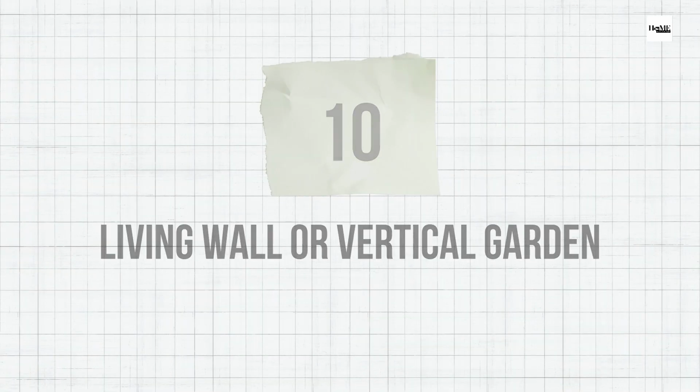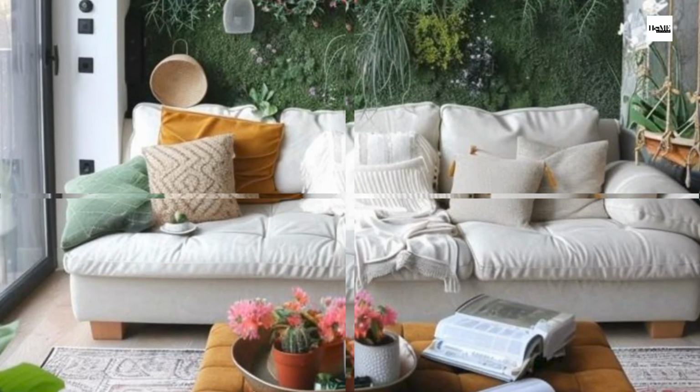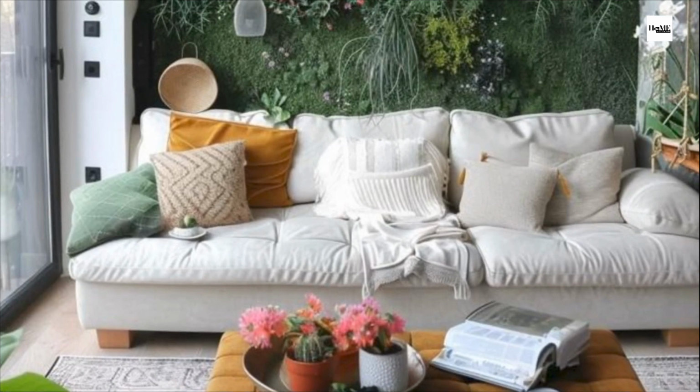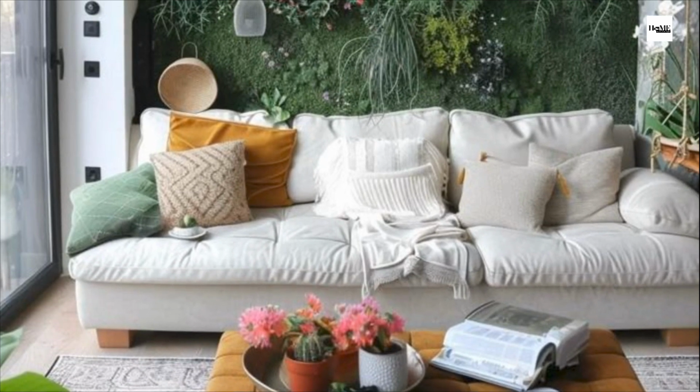10. Living wall or vertical garden. A living wall or vertical garden introduces a natural, organic element to an accent wall, creating a vibrant and dynamic focal point. This option not only enhances the aesthetic appeal of a room, but also improves air quality and promotes